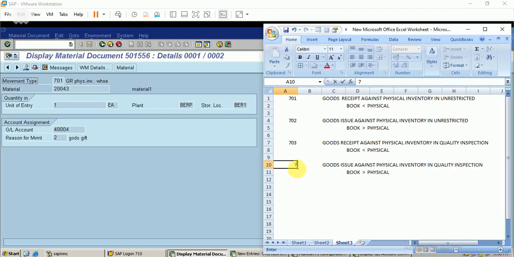So these are the movement types, and we have posted a second document that corresponds to this movement type.